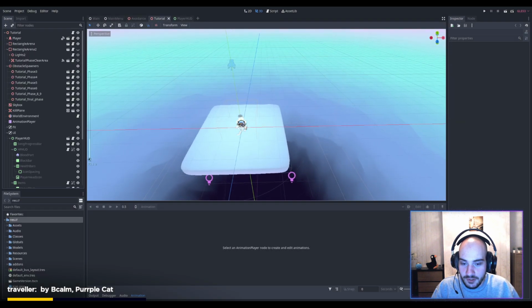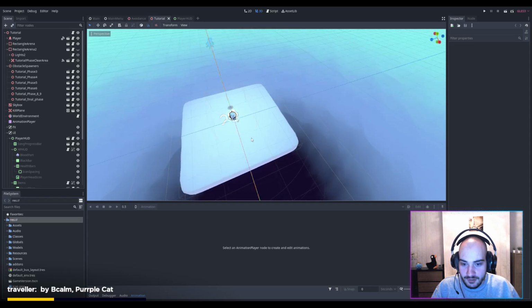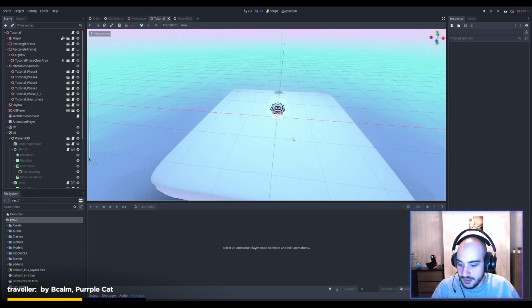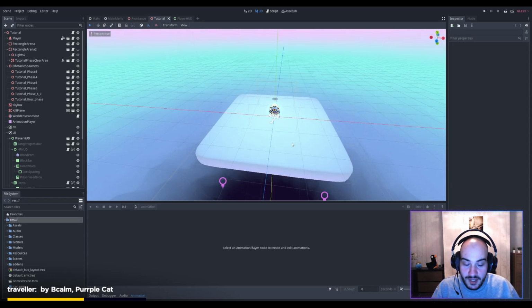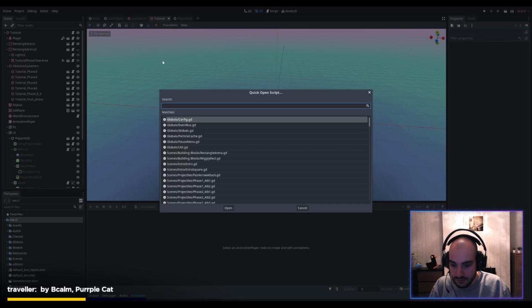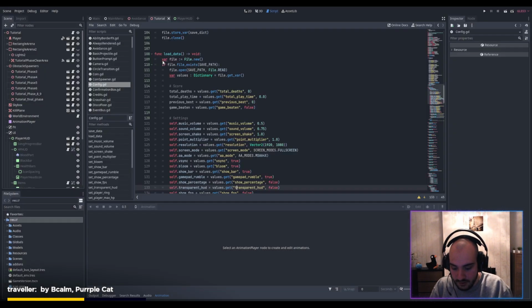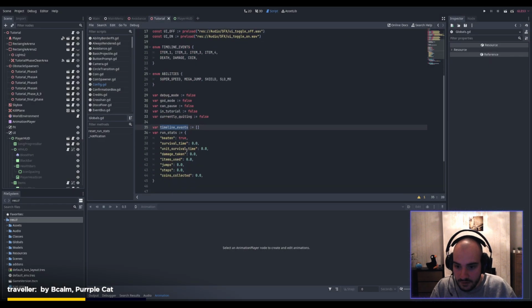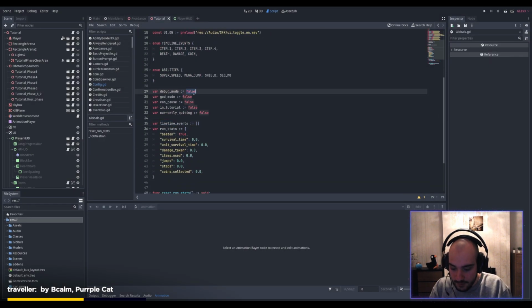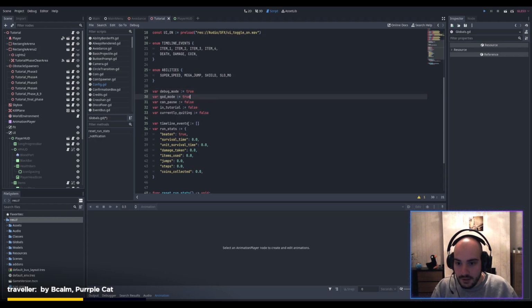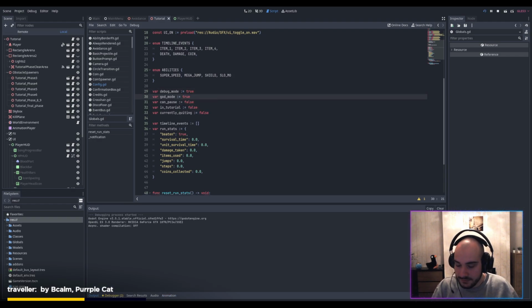What else? Tutorial. How does it work? Well, would you believe it? There's actually a debug mode where it allows me to move the camera freely. Let me show you. Hold on. If I go to config, actually no, we'll go to globals, and then we enable debug to true. There's also God mode. We can do that. True. And then if we run the project,